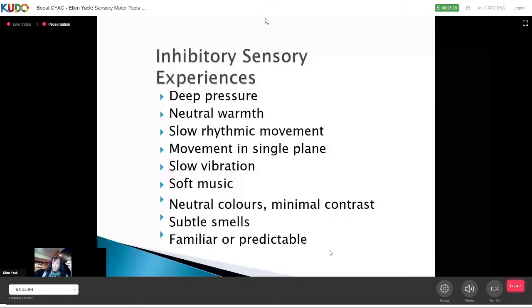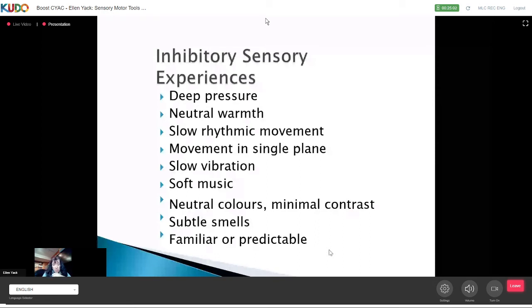warmth, slow rhythmic movement. Again, movement in a single plane. Remember I talked about the slide when it changes direction. It's more alerting. Slow vibration is calming, soft music, which we know, and we know a lot of this. Mammals, by the way, instinctively rhythmically rock their infants for calming. So there's some instinctual recognition that we have in terms of offering the type of sensory input